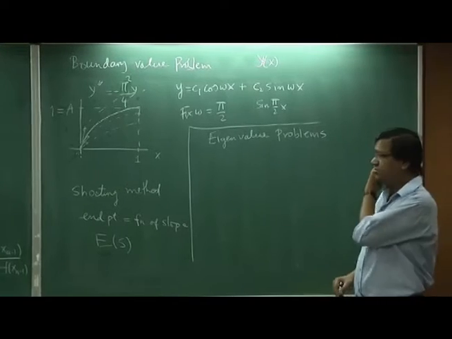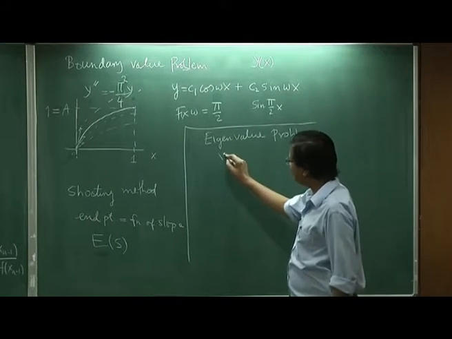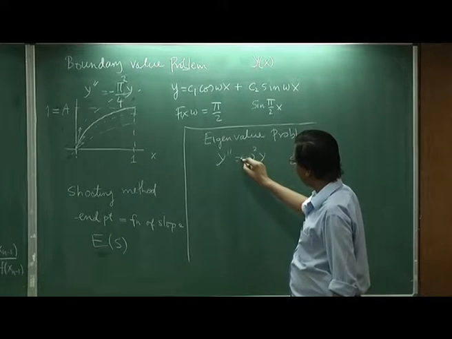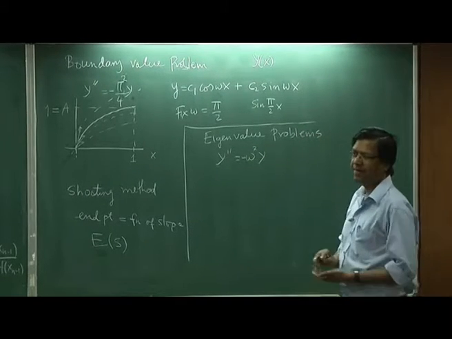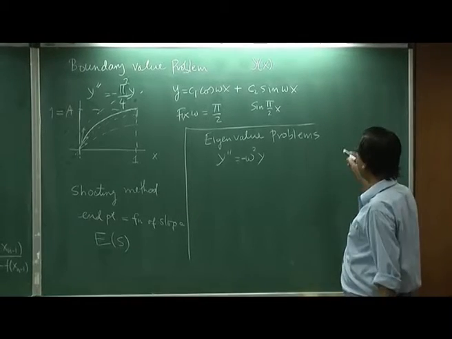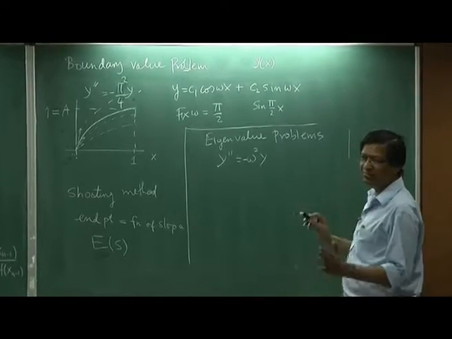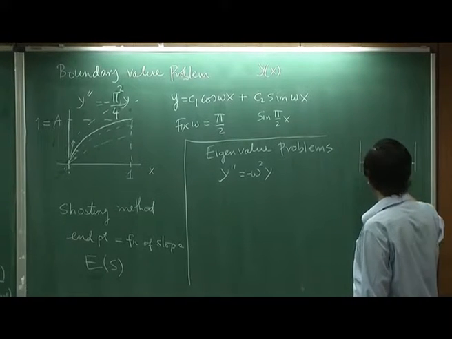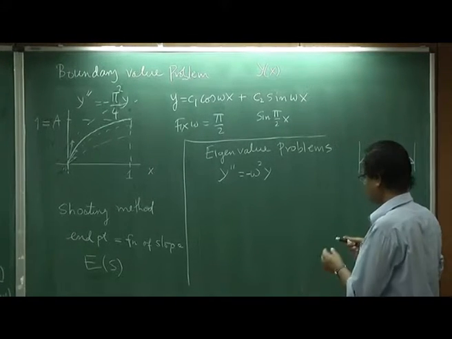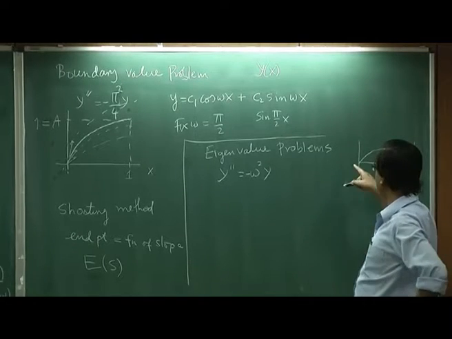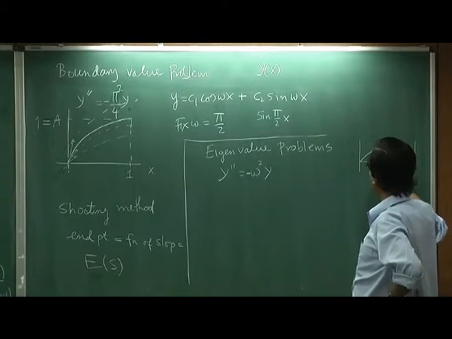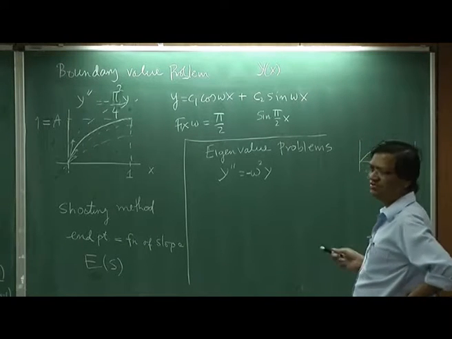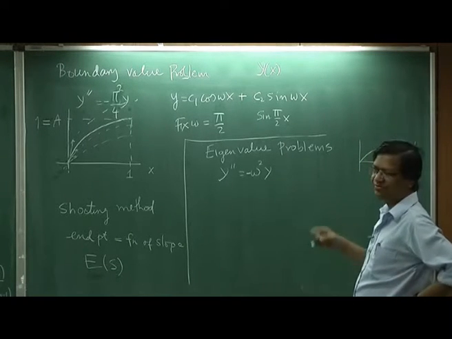So, what are eigenvalue problems? Now this is going to be y double prime equals minus omega squared y. I am going to give you the endpoints, the same as the string problem. The endpoints are where the value of the function is 0, okay, I get 0. Now, I have to find which omegas satisfy this equation.